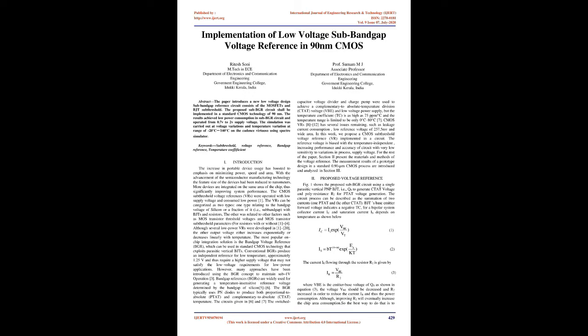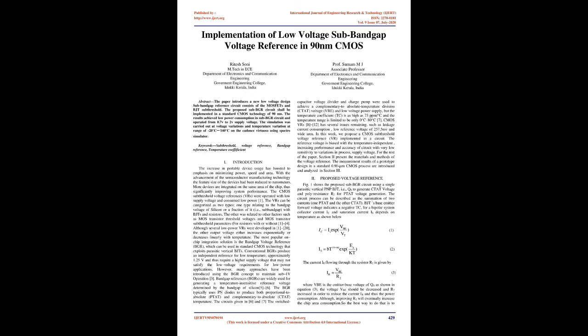The VRs can be categorized into two types. One type relates to the bandgap voltage of silicon or a fraction of it, i.e., sub-bandgap, with BJTs and resistors. The other is related to other factors such as MOS transistor threshold voltages and MOS transistor sub-threshold parameters, with or without resistors [1,4]. Although several low-power VRs were developed in [1-20], the output voltage either increases exponentially or